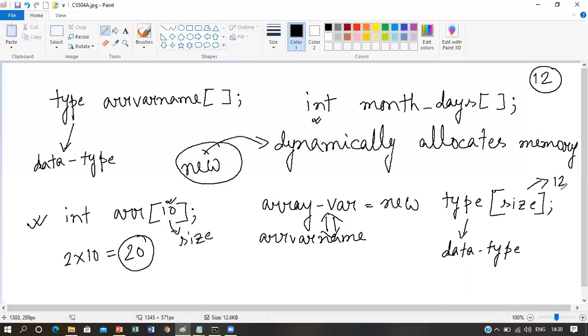If we want that this month days array can hold 12 integers, then the size should be written as 12. So let us write this month days array here, and let us allocate memory for it using this new operator. So it should be written like this.